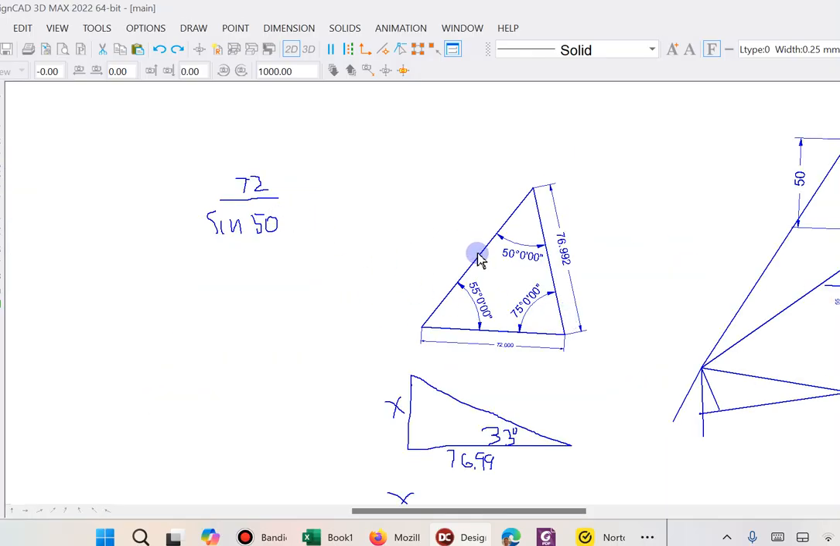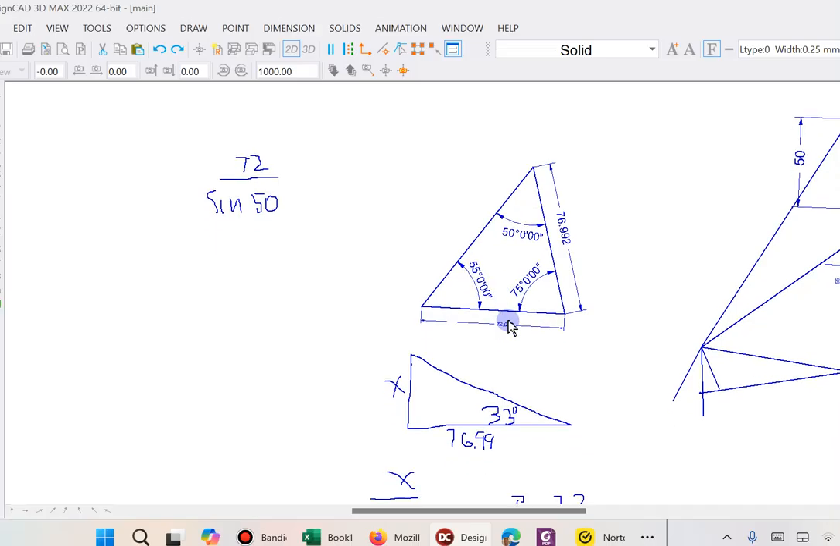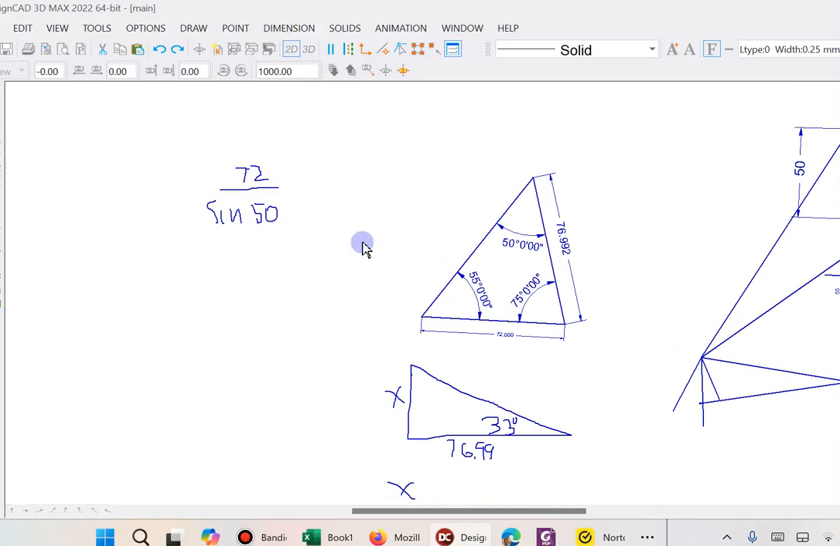Now that you have 50 degrees, you're going to use the law of sines. Take the distance divided by the sine of its opposite angle, and that will be the same value for all of these. So you just use a little bit of algebra for that. So 72,